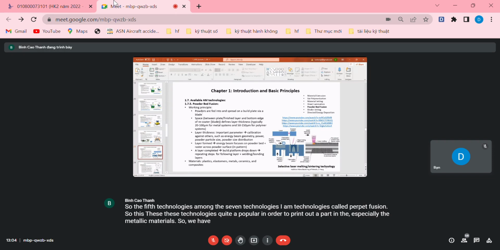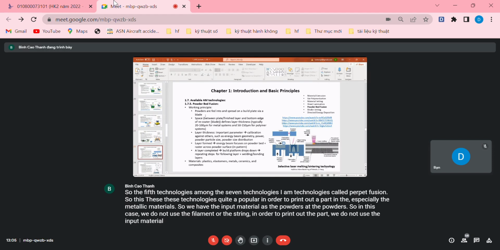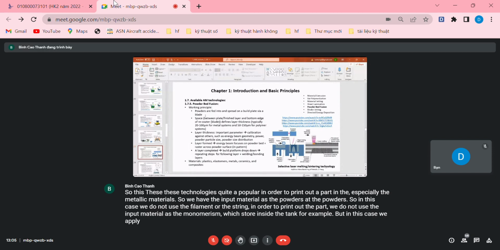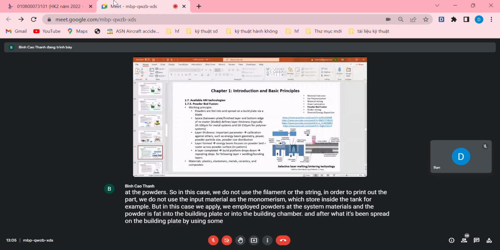So we have the input material as powders. In this case, we do not use a filament or a string in order to print the part. We do not use the input material as monomer resin stored inside a tank, for example. But in this case, we employ powders as the feedstock material, and the powder is fed into the building chamber, and afterward it will be spread on the building plate by using some kind of roller or